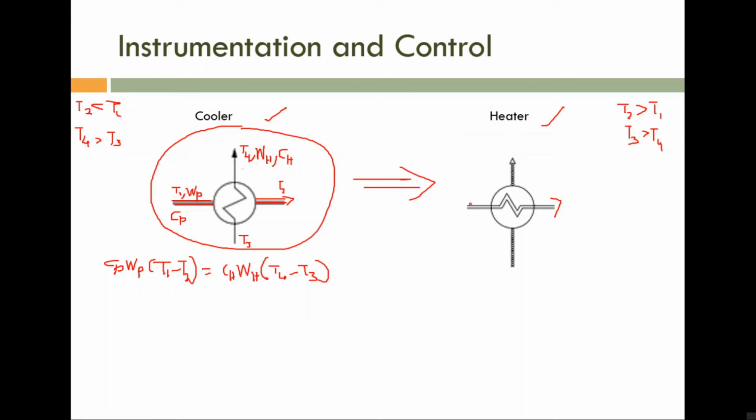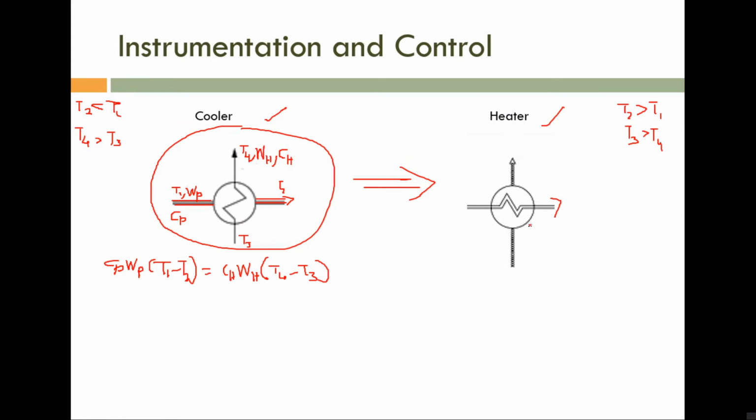The second thing is, here before heat transition, the process medium has relatively small temperature, and that is why it is flowing through the tube. And the heat transfer medium has relatively large temperature before heat transaction, so that is why it is filled inside this shell. Is it okay? So now you can say what are the differences and similarities between these two. The differences are, this one is for cooling purpose, this is for heating purpose. Here a cooling liquid is flowing through the tube, and the process medium is filled inside the shell. Here the process medium is flowing through the tube and the heat transfer medium is filled inside the shell.